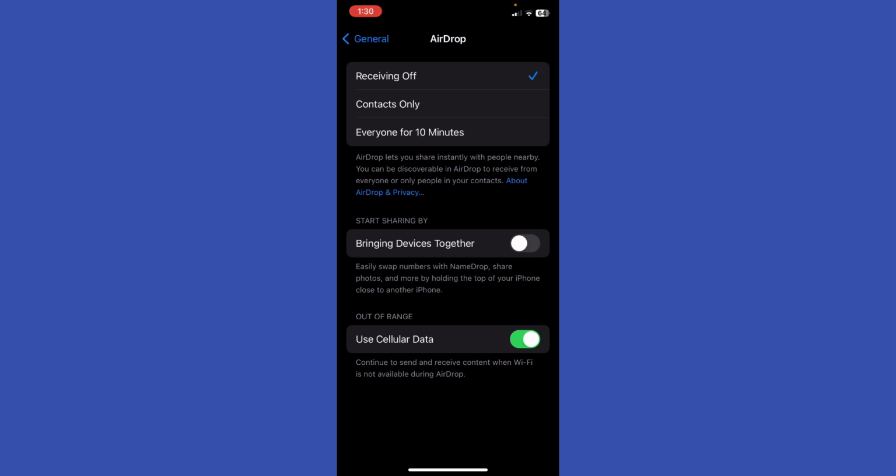means that you will not swap numbers with NameDrop. You won't share photos or videos from your iPhone close to another iPhone. So basically toggle this one off, right? So in order